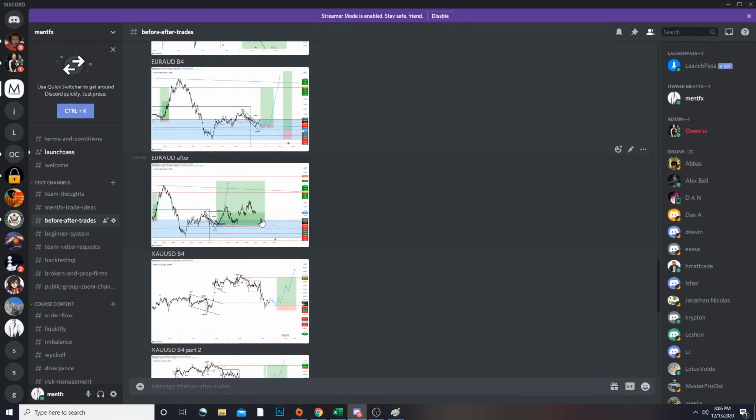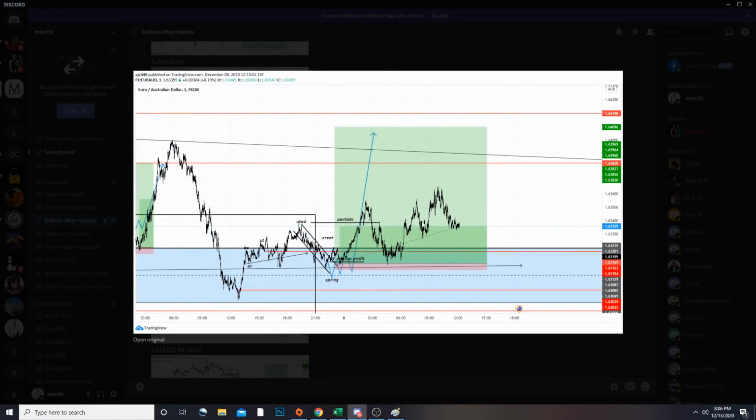Okay. As we got that, notice what happened again. Now, I believe this did not actually end up coming up here. Instead, I believe this did actually end up from around these areas, coming down and filling in more of this imbalance and hitting these areas and actually coming much lower. But notice what happened. As this trade played out, we sent out partials at this area here. Why do we send out partials here? Well, for 2 reasons. One, we had these order blocks here that we were targeting. We had another suspicion that there was a chance that this UTAD could have held or that equal highs could have been generated in this area. Then much lower prices were generated before coming to take those out. That's why we partialed.